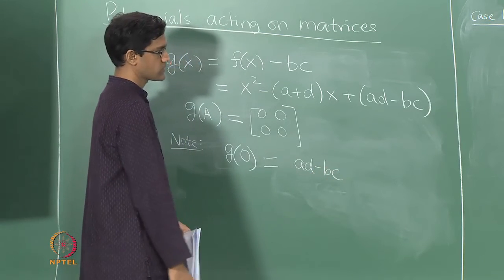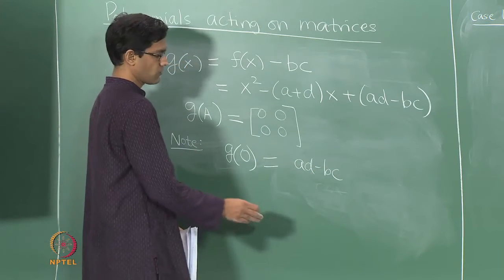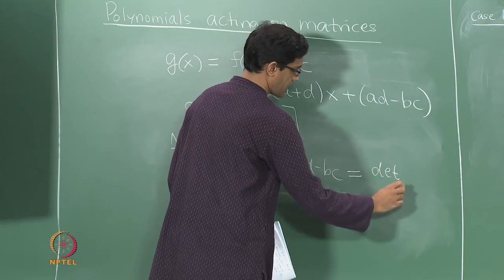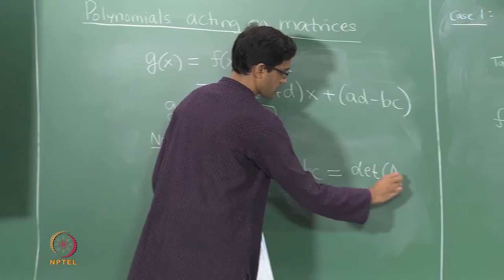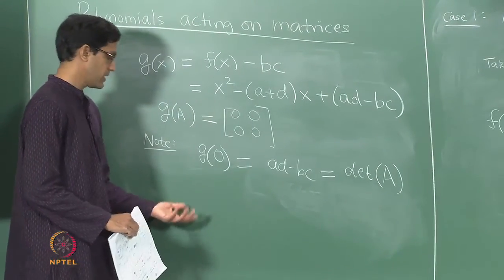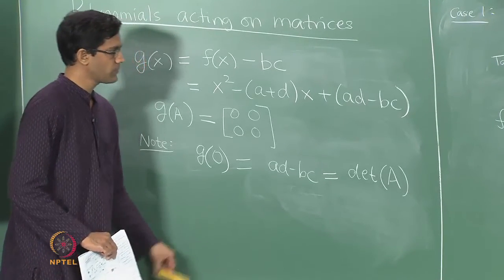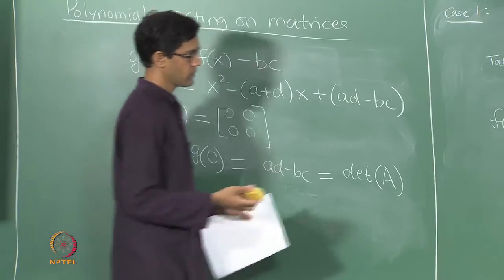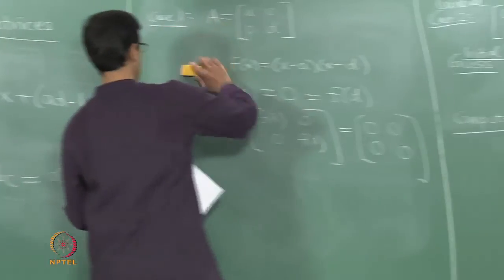So the constant term is ad minus bc, and that is of course familiar to us. We have seen it in a few other contexts already. It is what we call the determinant of the matrix. So for the 2 cross 2 matrix, the determinant ad minus bc is exactly what appears as the constant term of this polynomial, and in fact the entire polynomial itself